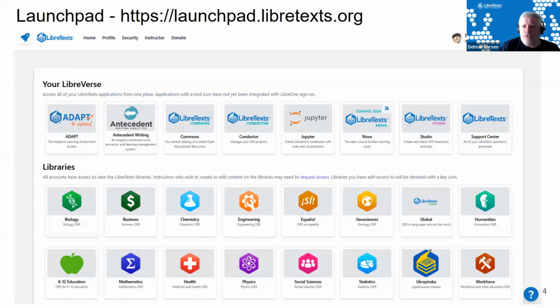We have about 300,000 questions that are hosted in the ADAPT homework system. The LibreOne account gives you access to the homework system as a question bank that you're able to use however you see fit, because most of the content is OER. If you want to use it as a homework platform, depending upon where you are, it may require some financial buy-in in order to be able to use for sustainability purposes.